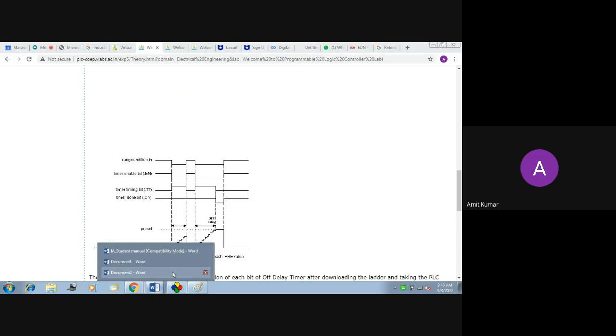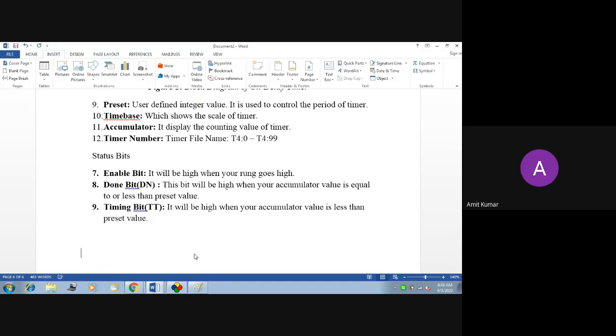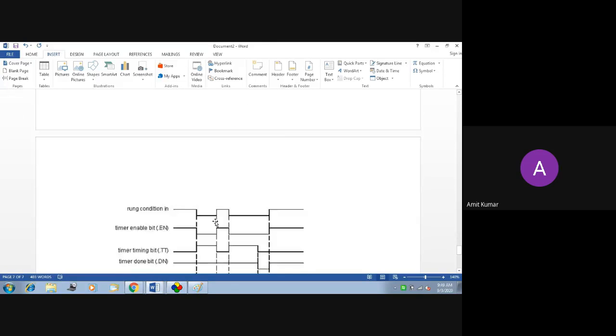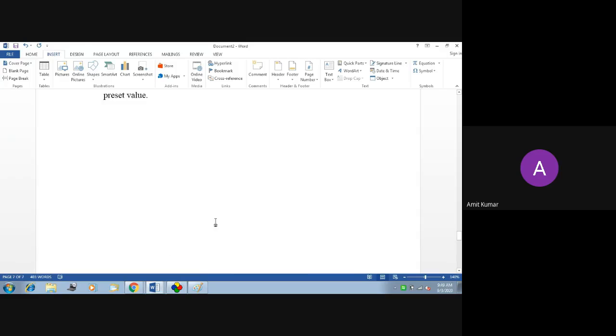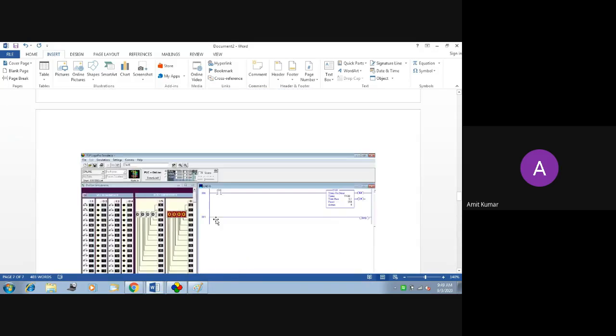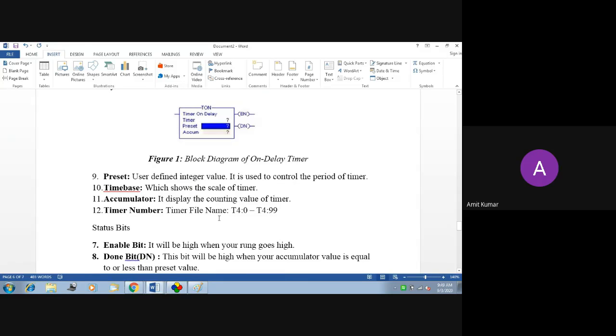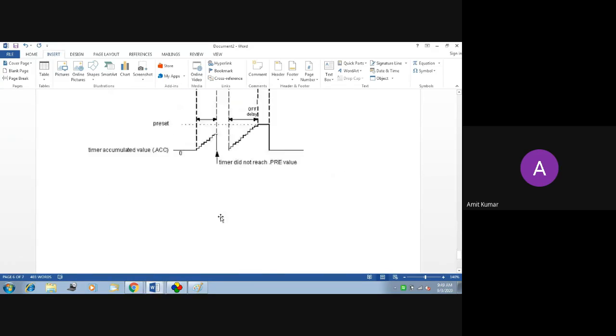इस फिगर से ही पता चलेगा कि वो कब हाई जा रहा है और कब लो जा रहा है। So you need to draw the figure or these figures for on and off timer, अदर के लिए बनाने की जरूरत नहीं है। So this is off delay timer.